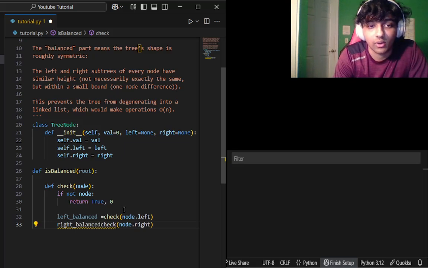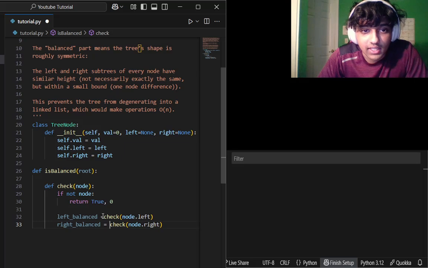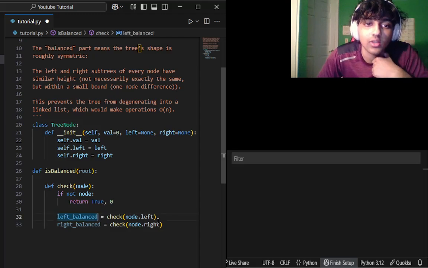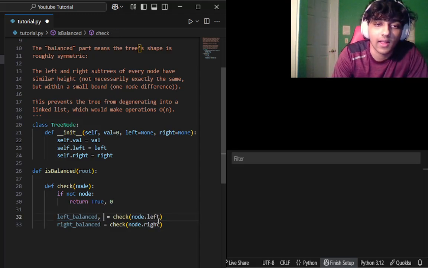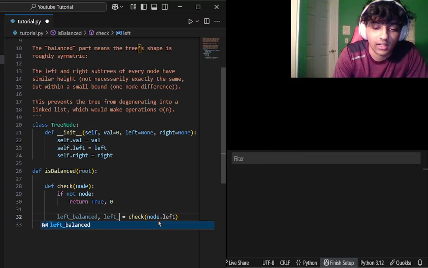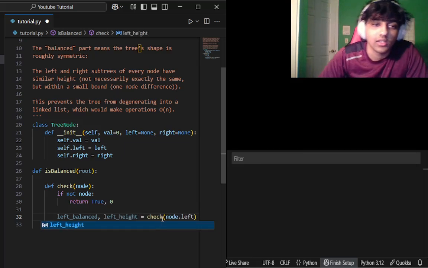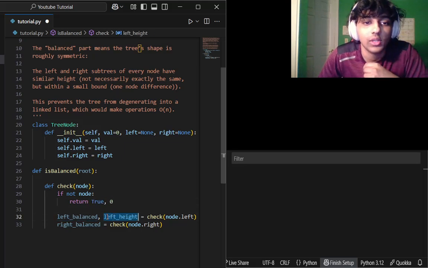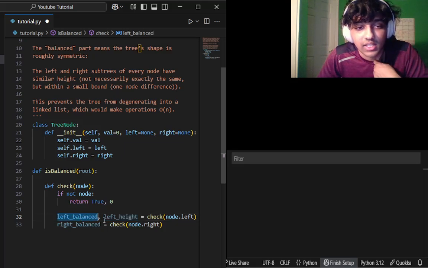But hold on right now. What you might realize is that since we are in this base condition, for example, we are not just returning one value, we are returning two values. So we're going to also be returning another thing called left_height. So what we're returning is two data values. One is going to be whether or not the tree is balanced and what exactly the tree's height